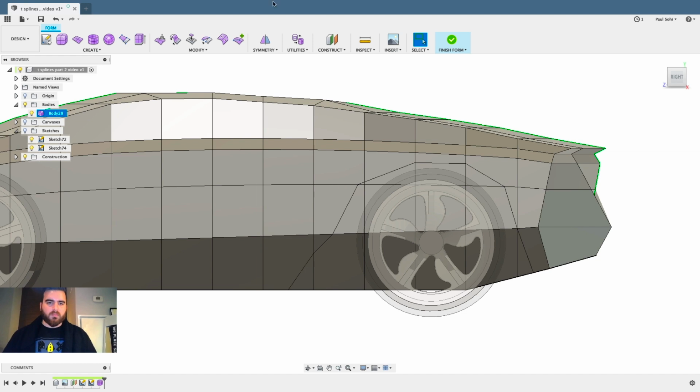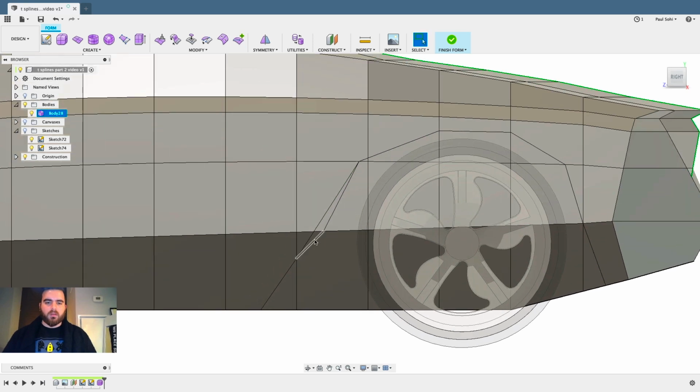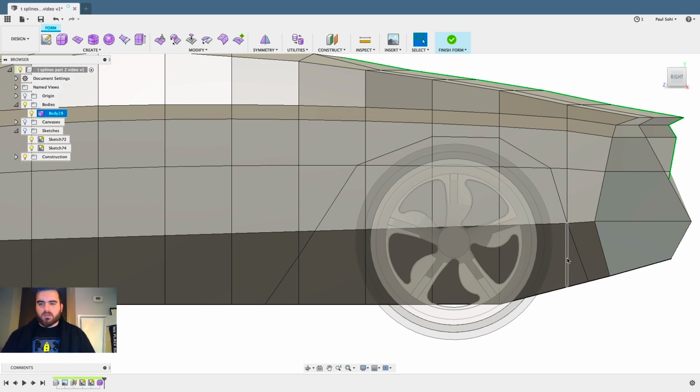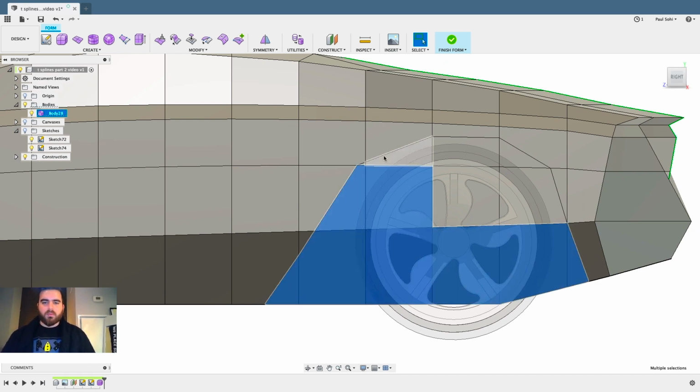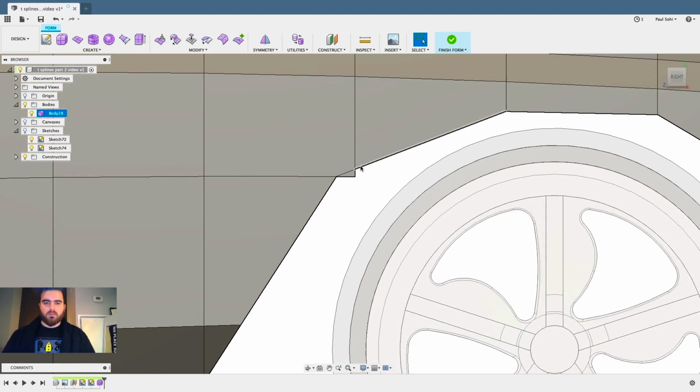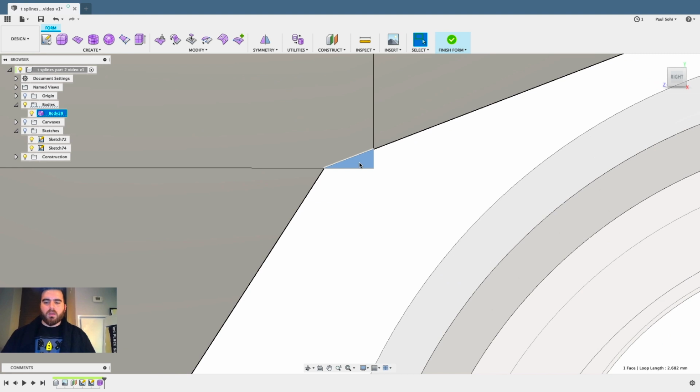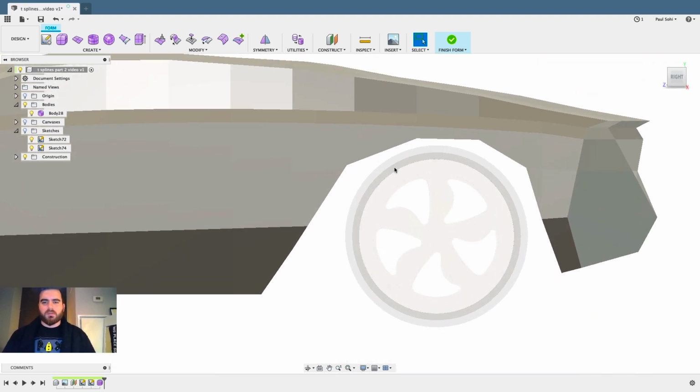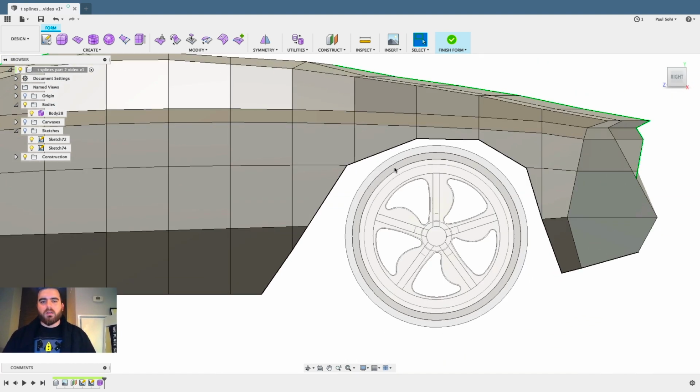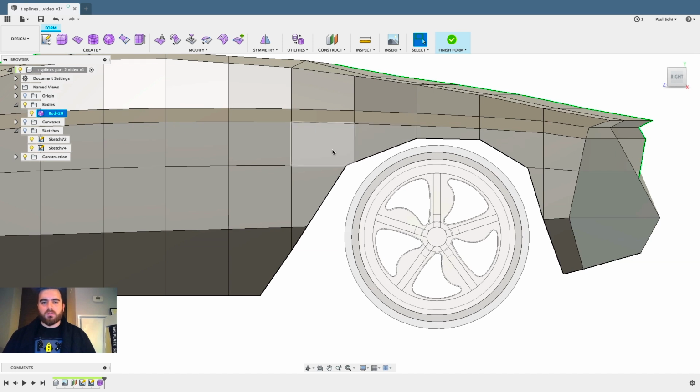Obviously, this area has gone a bit weird, so all I'm going to do is hit insert point and just do that. Hit OK, and then I can get rid of these two. Before you actually start to create the wheel arch, obviously we're going to get rid of this stuff, but we want to make sure when we're done, get rid of this little guy here, that we have some clean geometry to work from. So looking at our edges, for example, this one, that's a 5 edge,